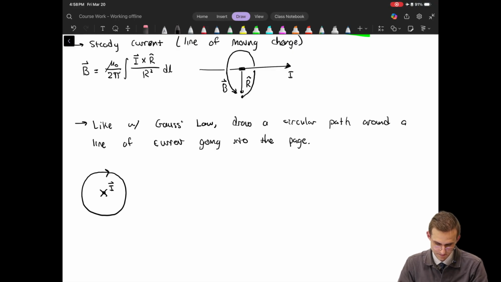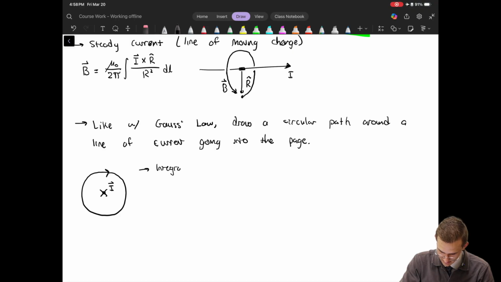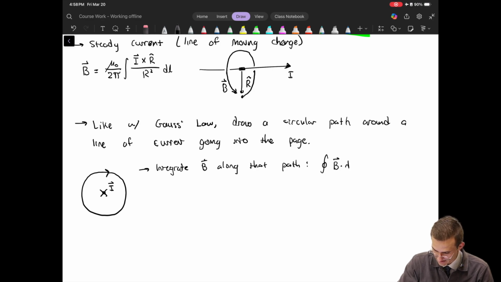Okay? And you want to integrate the B field along that path. And that looks like this: the integral over a closed loop of B dot dl along that loop is equal to, in this case, we're going to get